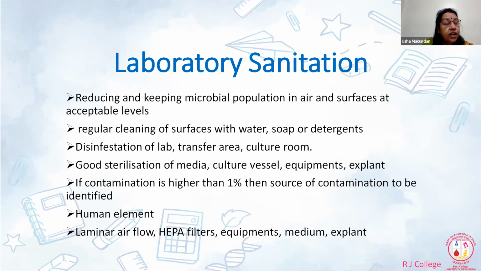Then there is the lab, transfer area and culture room. The laminar airflow bench is wiped with 70% ethanol. I've already told you the reason for using ethanol: it coagulates the proteins, rendering the microorganisms non-viable. You use 70% because you want it in a hydrated state, so that ethanol penetrates the cell and then kills the microorganism. Then you also switch on the UV in the laminar airflow to kill them. So you use a physical method for microbicidal activity.